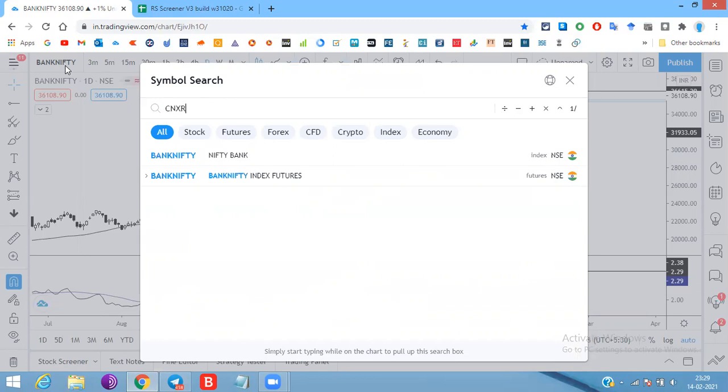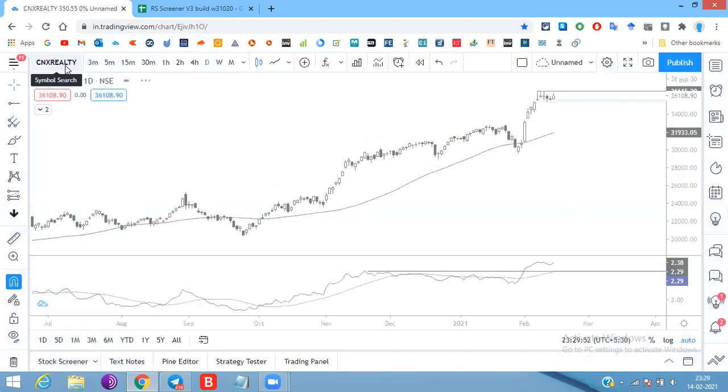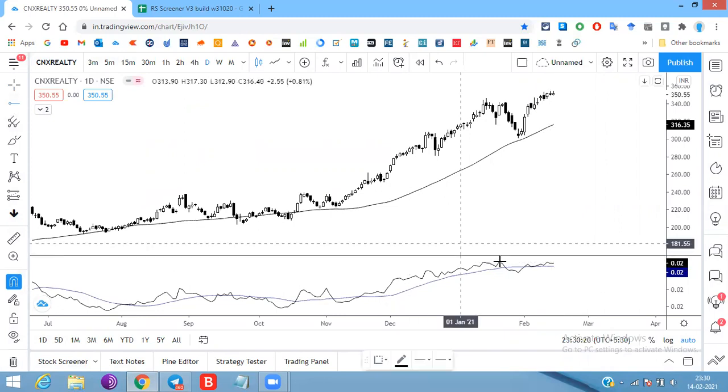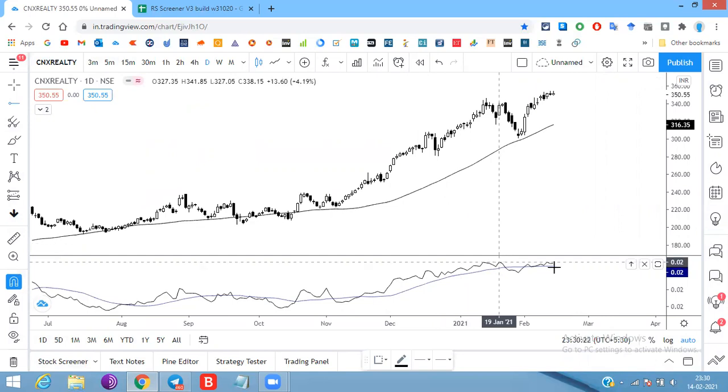Let me take Nifty Realty. In Nifty Realty also, in the previous video I covered, I guess, Godrej Properties. During that time I guess I forgot to cover Nifty Realty as such. But in Nifty Realty too, we can see that it broke its 20 SMA level. Now it consolidated here, then it has a higher probability, in my opinion, of moving up. So let me draw a good resistance. This is a swing high, this is a resistance position.